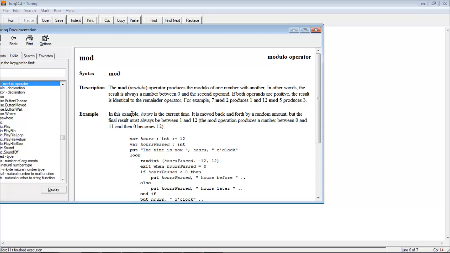So they give an example here. 7 mod 2 produces 1. 12 mod 5 produces 3. It's when you do division, when you go 7 divided by 2, it's looking for the answer of the remainder. So the remainder is 1. There's 1 left over. 12 divided by 5, 5 goes into 12 twice. There's 2 remainder. That's a mistake there. It says produces 3. But the key thing here is